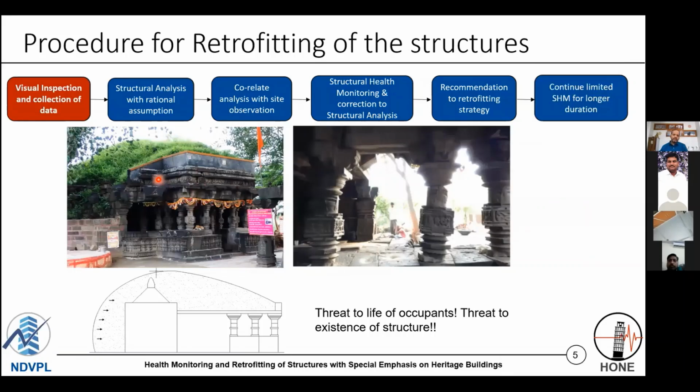As you can see, the front side is open, but the back side is not open. What has happened is this soil fill worked as a lateral force on the temple from one side towards the longitudinal side. And finally, it resulted in tilt in the column. Now, these problems you can locate only through visual inspection and discussing with the occupants of the structure.